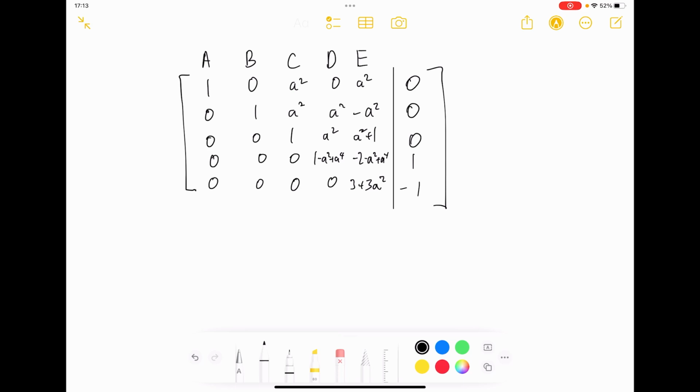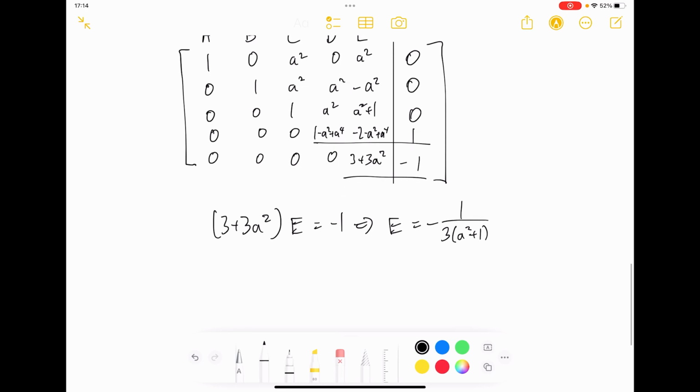Unknowns. Okay. So this tells me that 3 plus 3a squared times e is minus 1, which implies that e is negative 1 over, I can factor out a 3, a squared plus 1. There we go. That's the easy bit. Now we have to do this. Okay, so that tells me